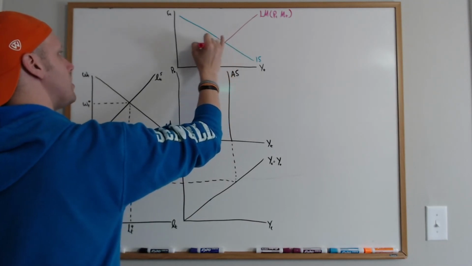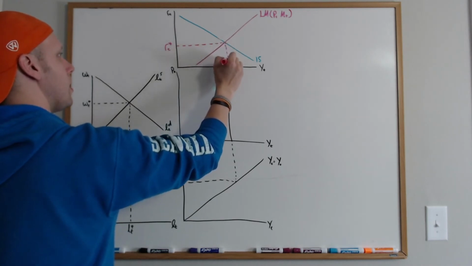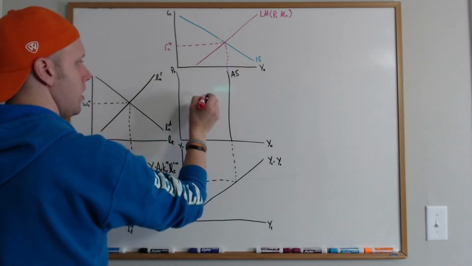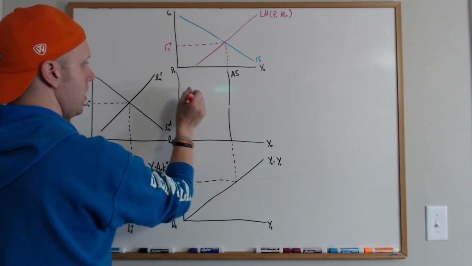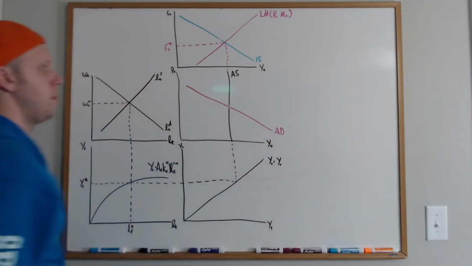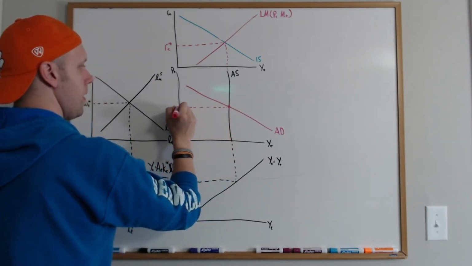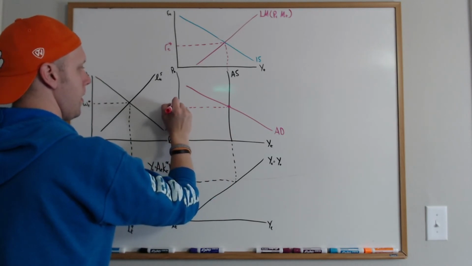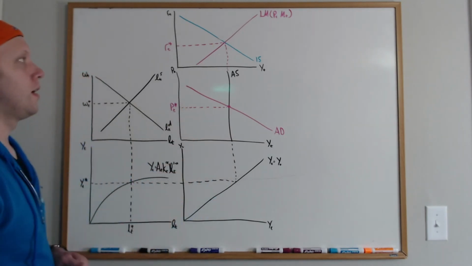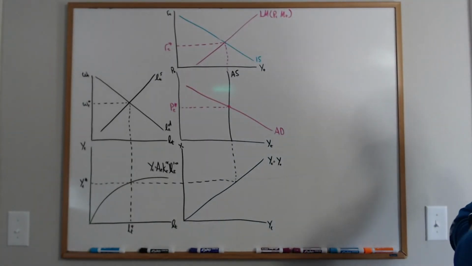Where these two intersected, we got an equilibrium real interest rate. So we had the equilibrium real interest rate,